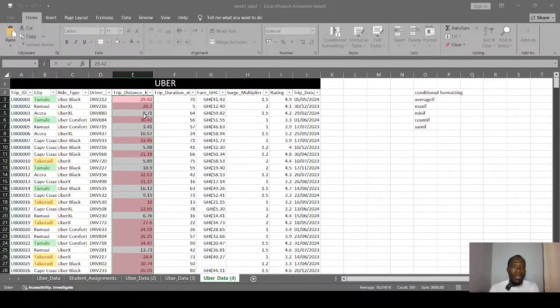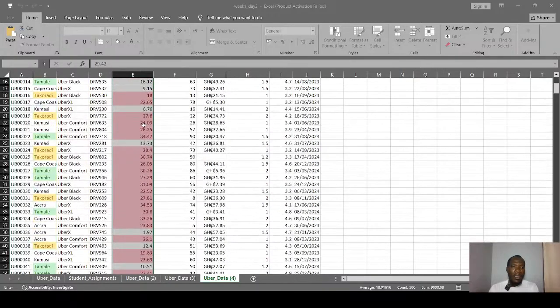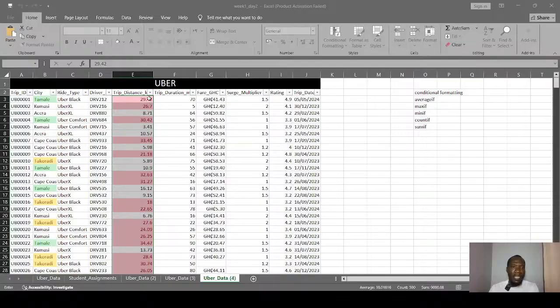So when you look in the column, you realize that anything that is higher than 17.995 has been highlighted in red, right? But if that is not what we want, we can clear the 17 point whatever there, and then let's say we will say anything greater than 25, right?